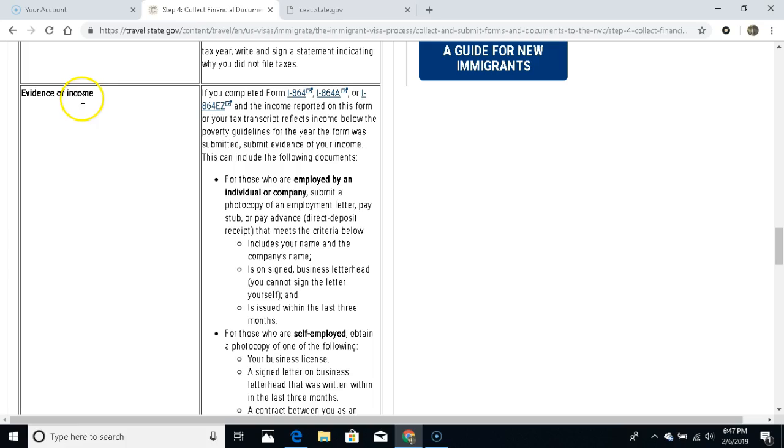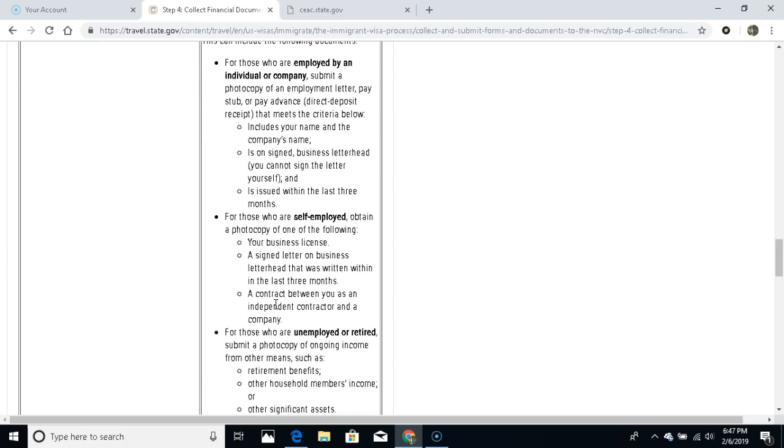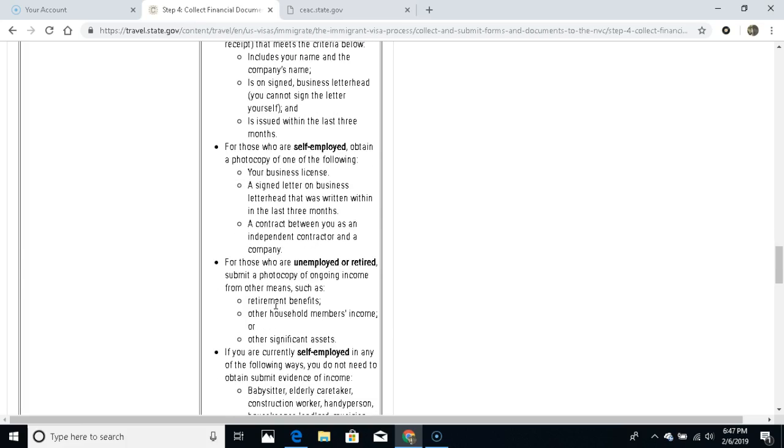And also evidence of income. Whether you are employed by any individual or company, you have to prove how much money you made. If you are self-employed,